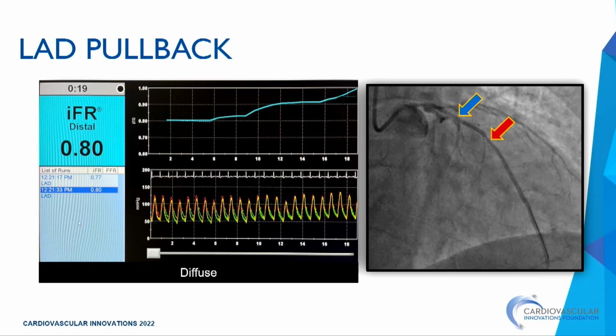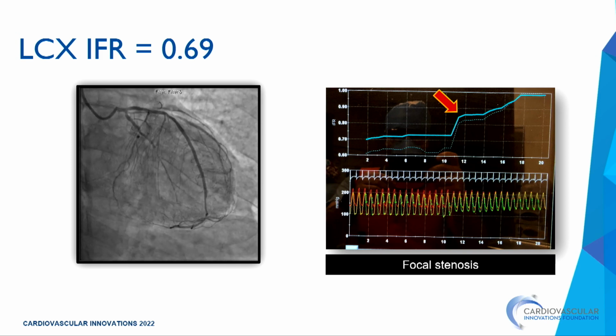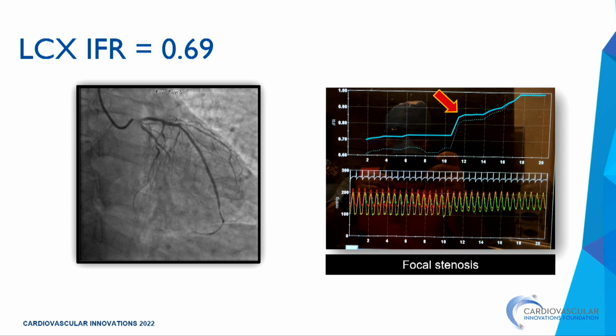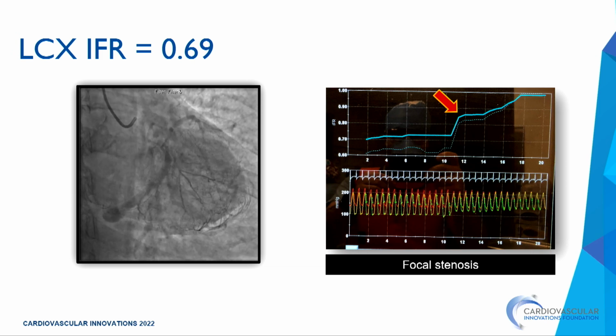And then when we did the pullback, you can see, especially paying attention to the blue line, it is diffuse disease, maybe with some step-ups, but on the other side it is diffuse disease. When we did the circumflex, and this time we advanced the wire into the 3 branches, which is the OM, it was a clear step up, and that tells you that this is a lesion, this is a focal